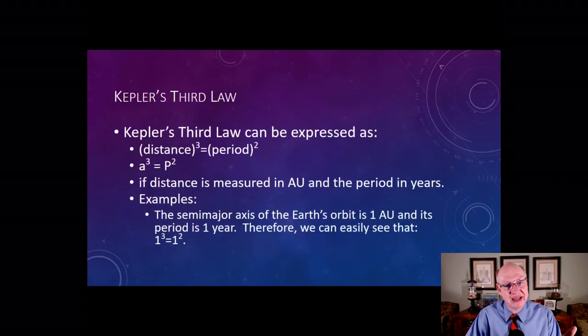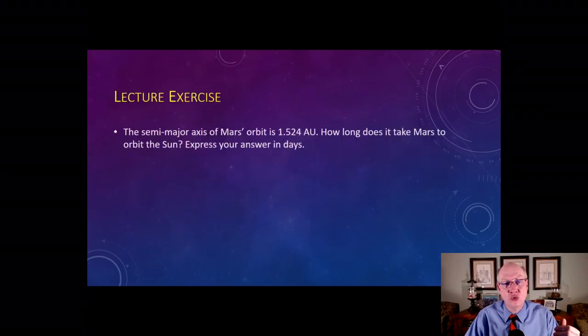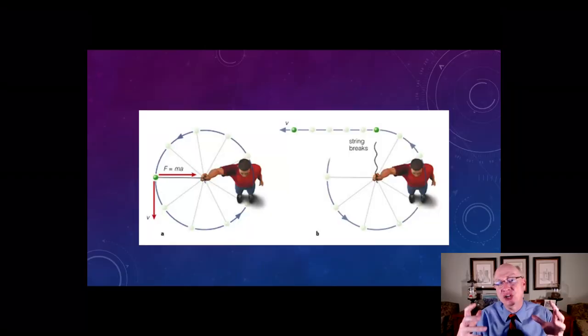Kepler was an interesting character. Kepler not only derived Kepler's third law, that the semi-major axis cubed is the period squared, but Kepler wanted to understand where it came from. So Kepler was trying to understand why the semi-major axis cubed is the period squared. Now, Kepler was a bit mystical, and he thought it might have to do with geometric figures. He even thought it might have to do with musical notes, and he investigated all kinds of things, and he never came up with an answer. Kepler passes away, and of course it was Isaac Newton that picked up this problem,